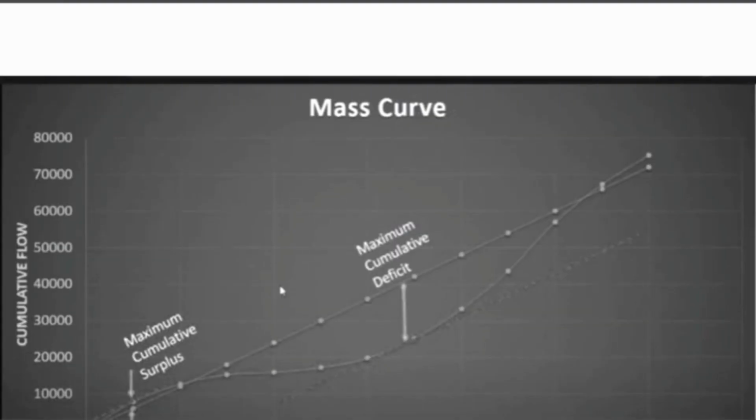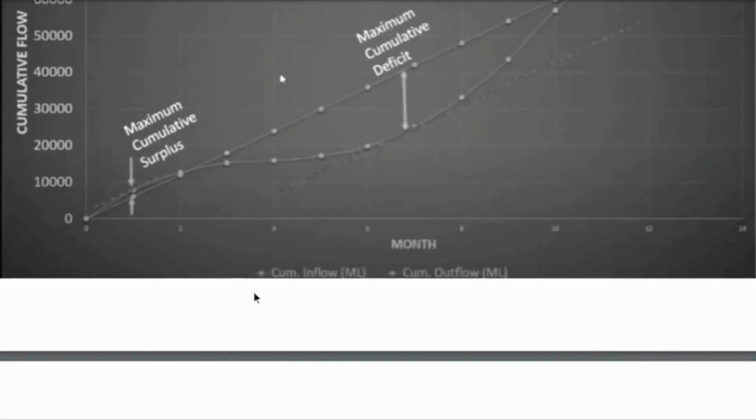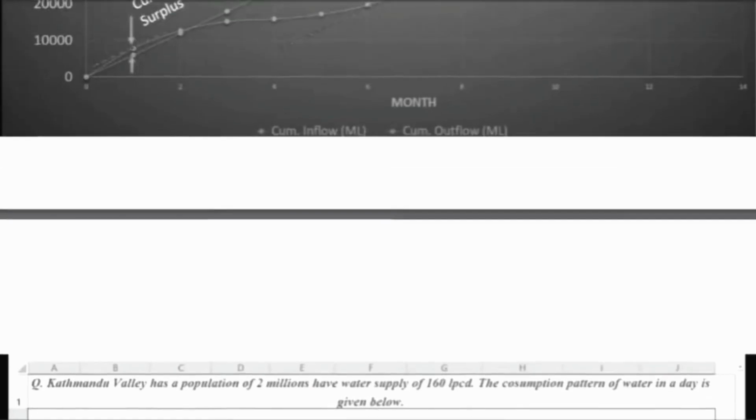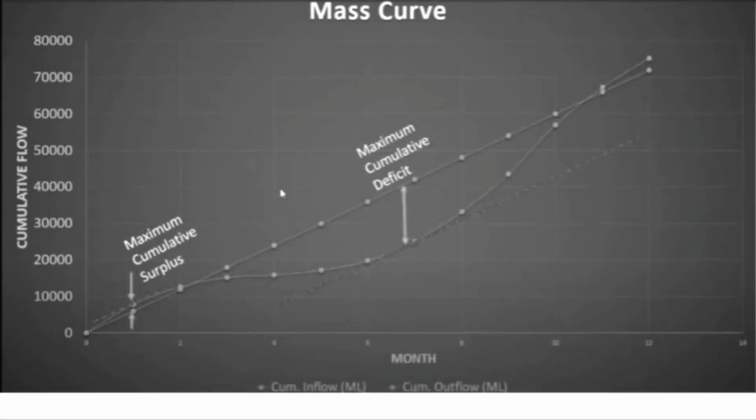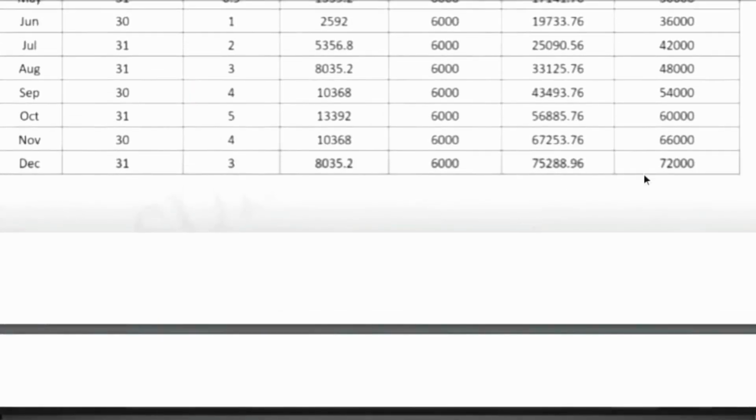This value, the maximum cumulative deficit, and the maximum cumulative surplus are added to know the capacity. This is equal to 3288.96, the maximum cumulative surplus, plus 16909 is equal to 20197.96 million liter. By using the mass curve we calculated the volume of the reservoir is